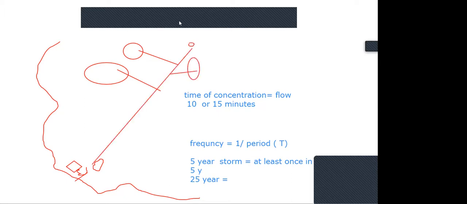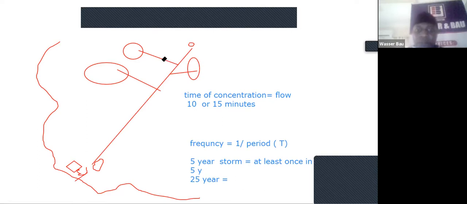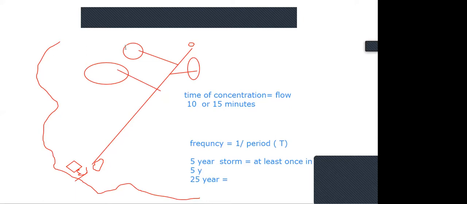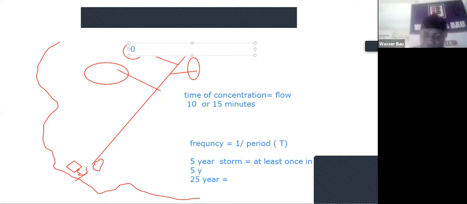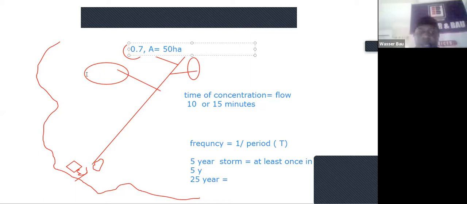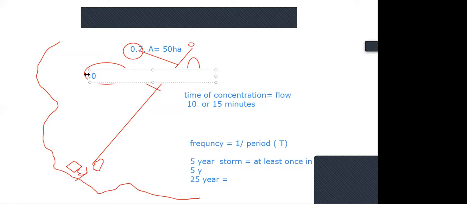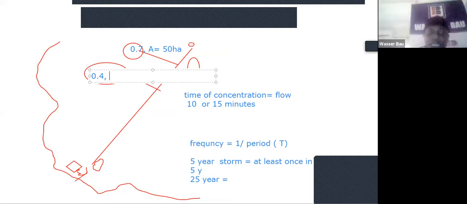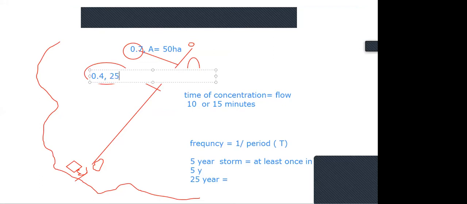Let me undo. When we come to the catchment, for instance, if the runoff coefficient, in other words, this place is highly paved, is 0.7 here, and the area here is 50 hectares. And I come here, the runoff coefficient here is 0.4 because the place is just so. It's not too paved, it's not less paved. And the catchment is 25 hectares. If I now want to calculate